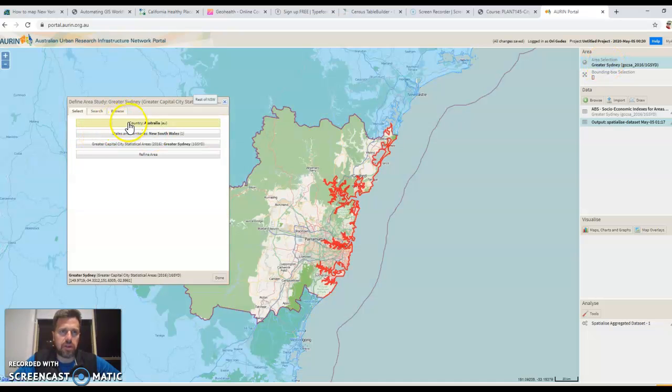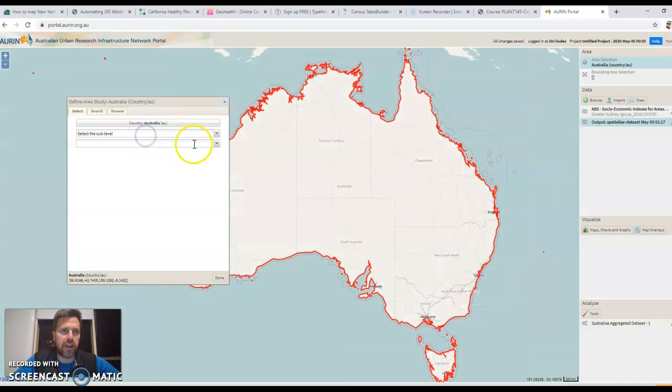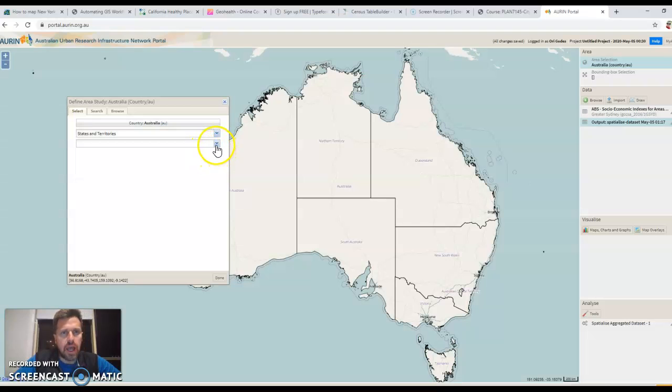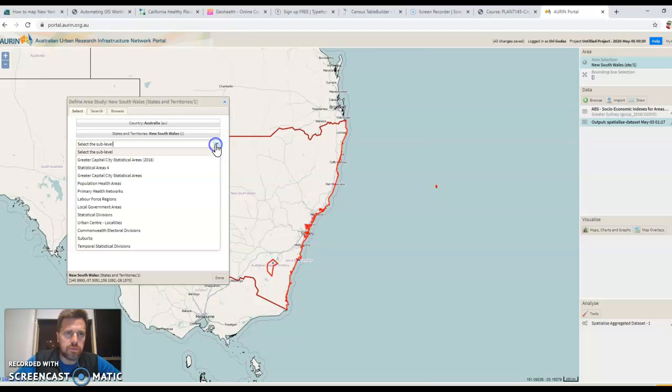In this case, I'm going to start with Australia as a country, then I'm refining this into the states. So we'll just go into states and territories. Then I'm going into New South Wales, and then I'm going to sub-select it into the greater capital city. Actually, we're going into greater capital city statistical areas. I think that should be fine, and we'll go with